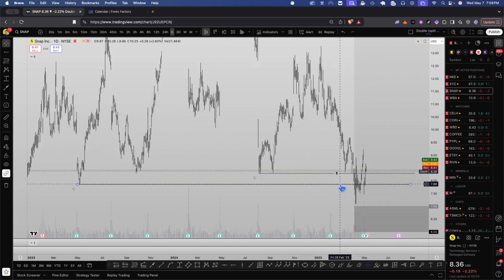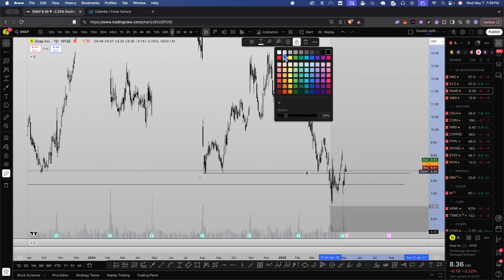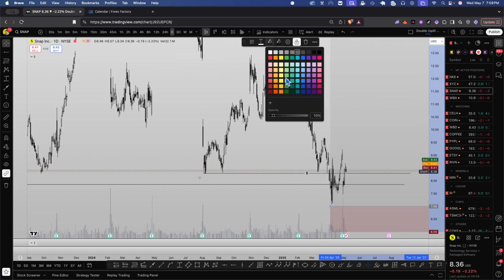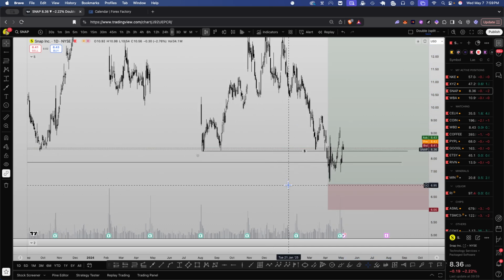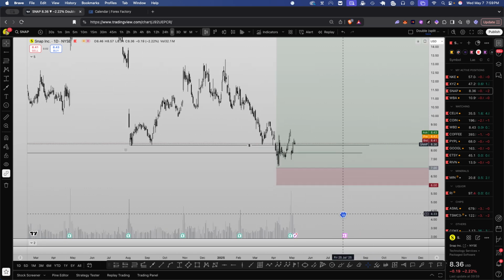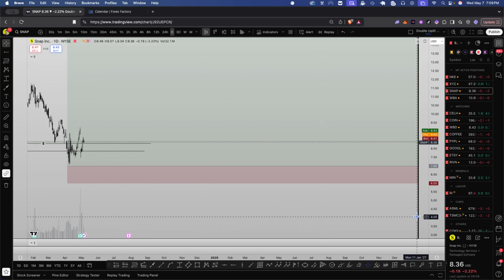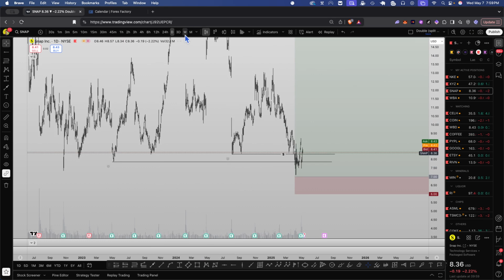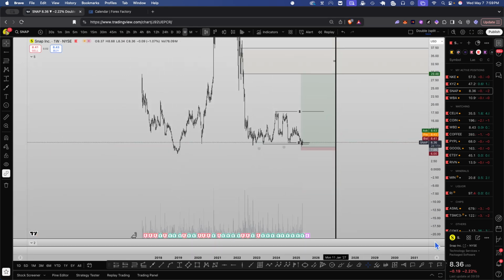Here, I think it was with $7. Actually, $7. I've got it right here. Sorry, I just changed colors, so I don't recognize it. It was that and that. So we took an option with a $7 strike price, and we are obviously in profit. The option that I took is quite long. It's until January 2027. So there is plenty of time for Snapchat to do its thing, and you can see